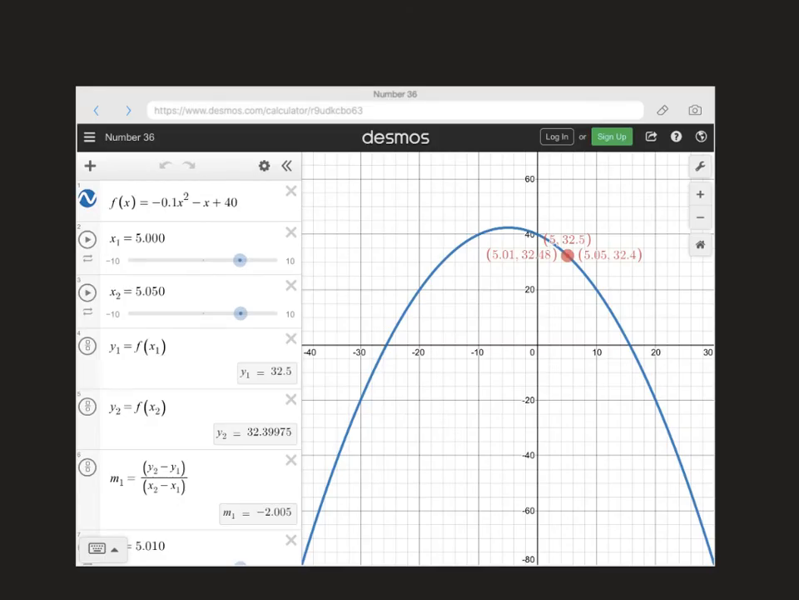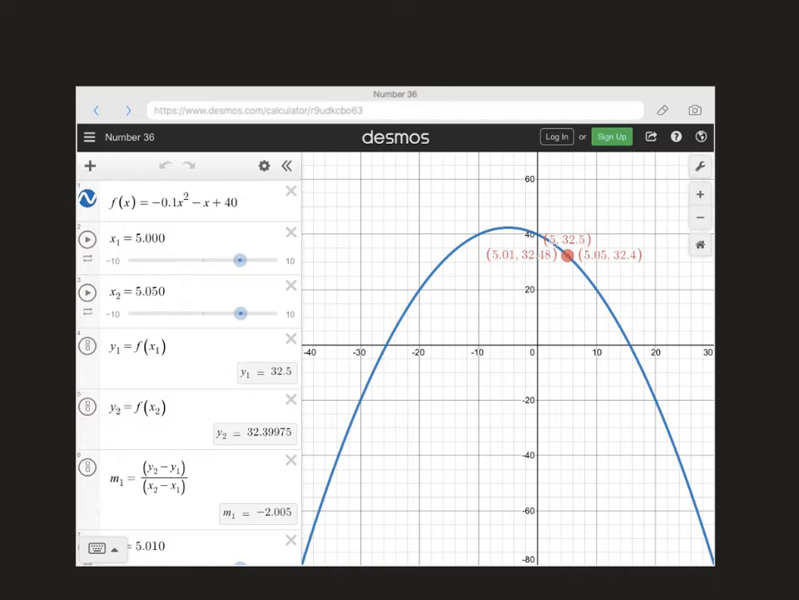By now, you know that I like to use this Desmos graphing calculator website to do a lot of calculations. You can draw graphs of functions, but you can also do a lot of calculations. So just take a look at what I've done here. I went ahead and entered in the function just like it showed up in the problem. F of x equals negative 0.1 x squared minus x plus 40. Then I made some variables, x1 and x2. x1 I made 5.00, that's our 5 there. And x2, 5.050, that's our